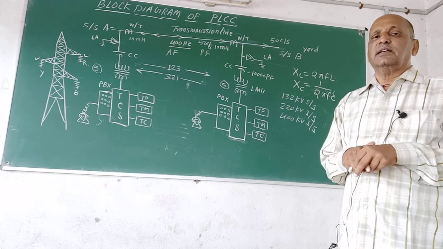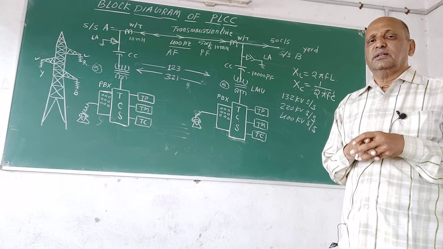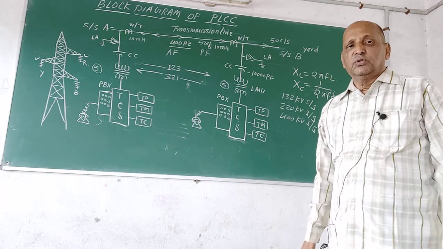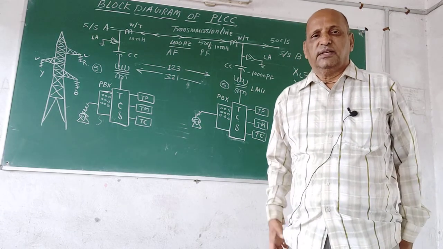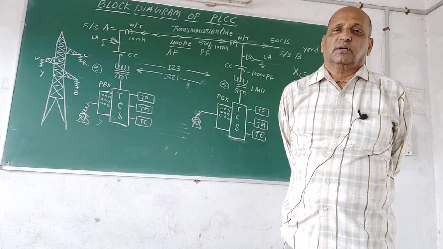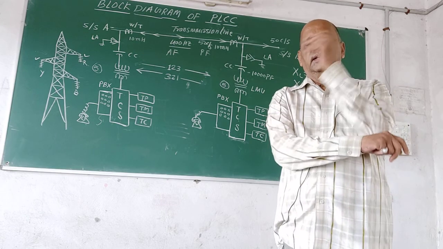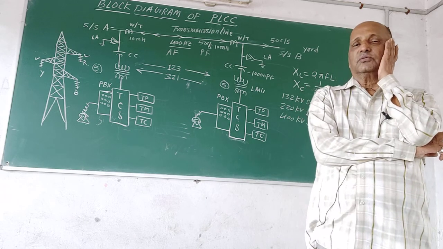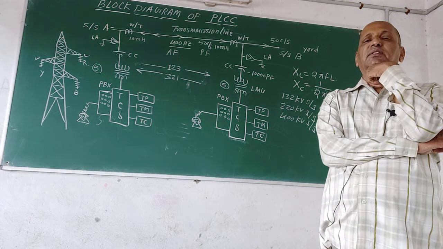So this PLCC arrangement given in the substation gives information from time to time, minute to minute. We do not depend upon the mobile network or the BSNL network or the network of any P&T department service, because in that case there is a lot of delay in the operation, and during that time our system becomes unstable. So to avoid this situation, PLCC is used for communication purposes.